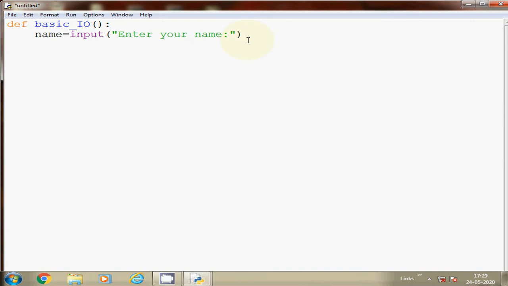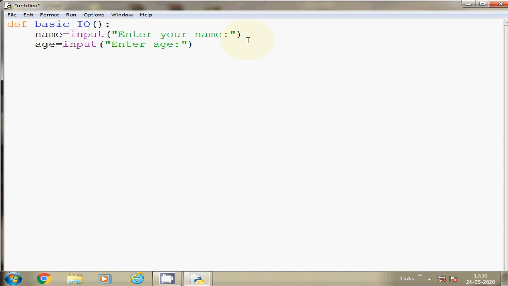Now second, age equal to input, enter age. Now see, age is basically considered in numbers only, so you have to consider the data type. In which type of data do you want to represent your age? Age is basically written as an integer, either 20 years, 15 years, 13 years, like that. That is called integer in Python.